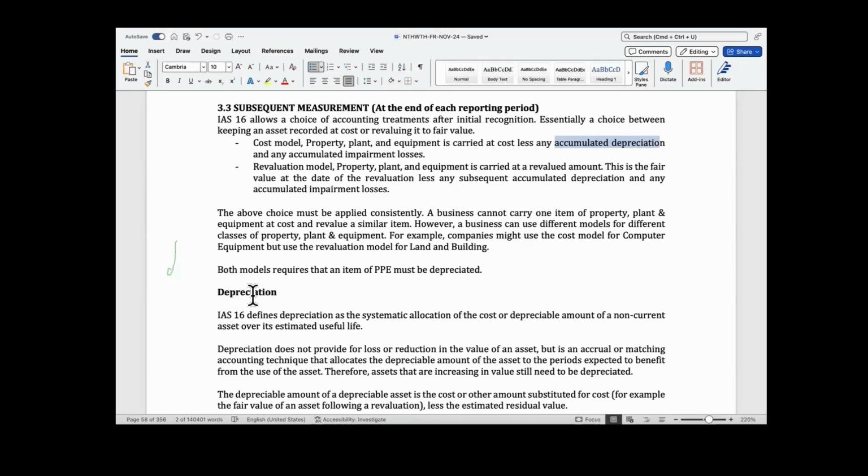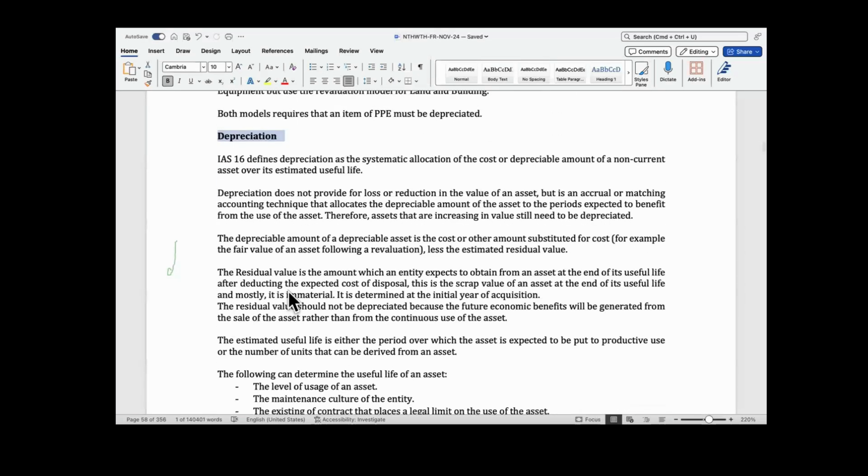So what is depreciation? IAS 16 says that depreciation is the systematic allocation of the costs or depreciable amount of a non-current asset over its estimated useful life. I'm going to break down this definition for you, comprising systematic allocation, cost or depreciable amount, and estimated